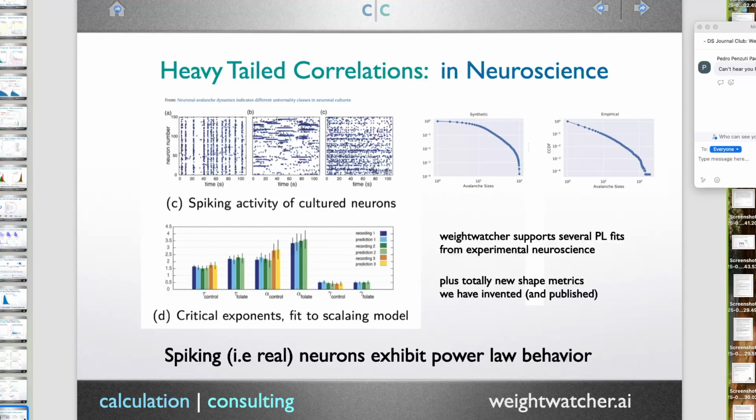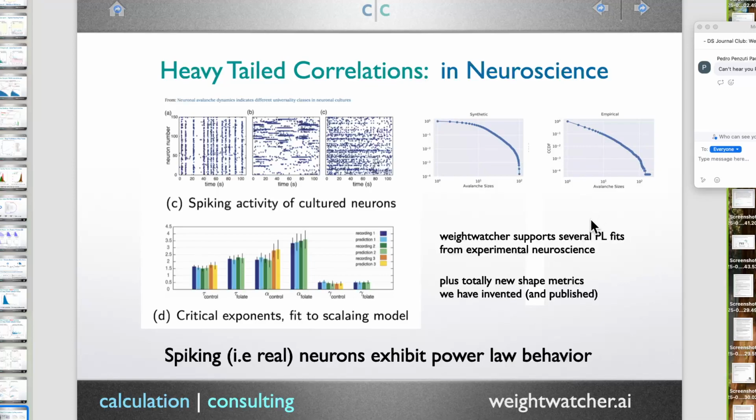One of the things we used to do is study spiking neurons. There was a theory in the 90s called self-organized criticality, which says if you study the activity pattern of neurons, real cultured neurons, and you watch how they spike, they exhibit these interesting spatial and temporal correlation patterns, which can be fit to a power law. And it turns out that these power laws exhibit universal critical behavior, and you get nice plots. And in WeightWatcher, you'll see both these kinds of curves.